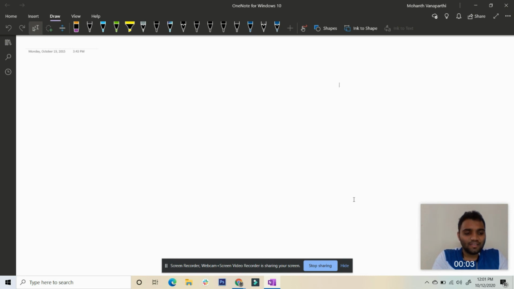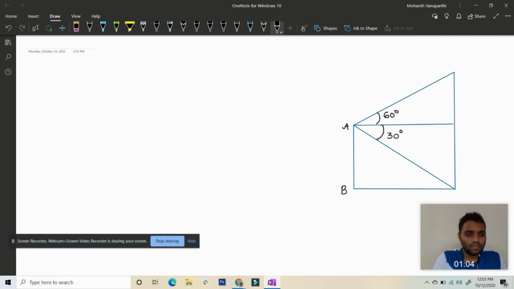Hi. The question statement is: from the top of a 7 meters high building, the angle of elevation of the top of a tower is 60 degrees, and the angle of depression of the foot of the tower is 30 degrees. Find the height of the tower. Now we shall represent the given question in a diagrammatic way.